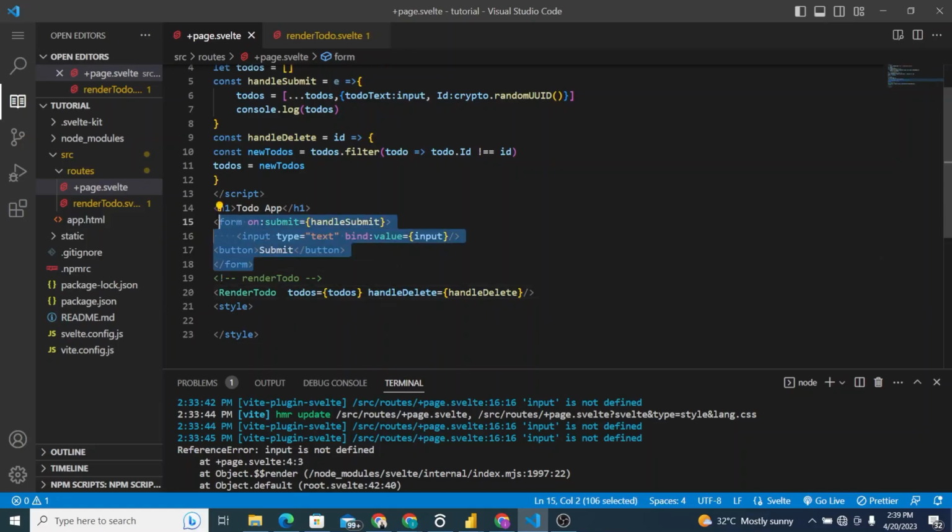Yes, but we're not going to make a component for this one. We're only going to make a component for this one. You can see this is how components help with